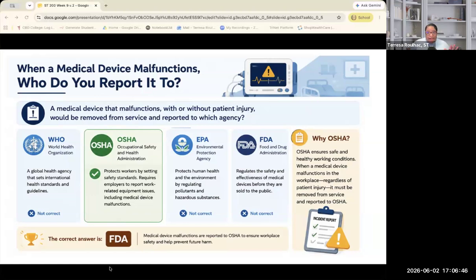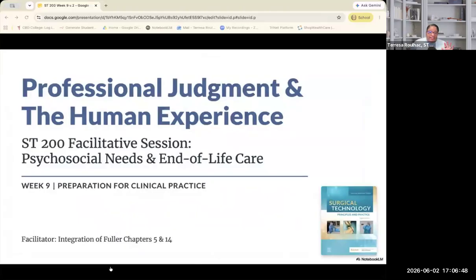All right. Now, tonight's a little tough. Okay. So I want you to take a breath with me for a moment. We're shifting slightly. Yes, we're still practicing and preparing for our cumulative exam and what's to come. We know that we are 2 weeks out, right? But today is about something just a little bit deeper. Now we're talking about professional judgment and the human experience.